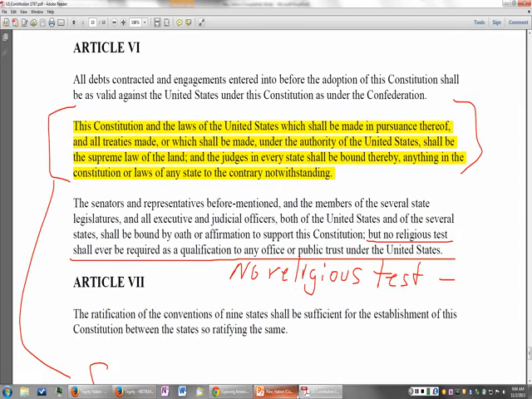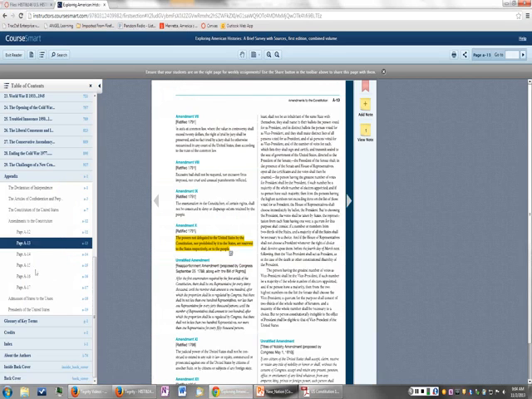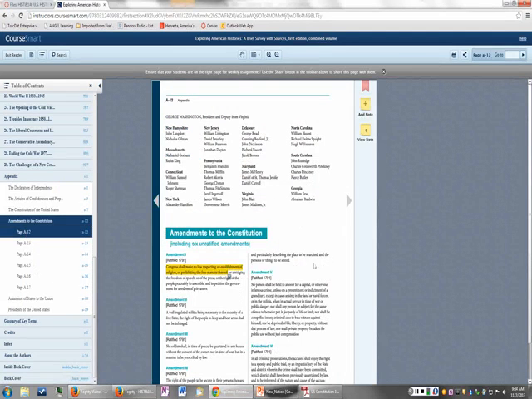Now, they did put it in the Bill of Rights. So if we go over to the Bill of Rights and we go to the First Amendment, we do see religion mentioned. We don't see God mentioned, we see religion mentioned. And the Establishment Clause says Congress shall make no law respecting an establishment of religion or prohibiting the free exercise thereof. And that's interesting too, because what establishment means at that time is, should there be a state church? Should we establish Christianity or one branch of Christianity as a state religion?